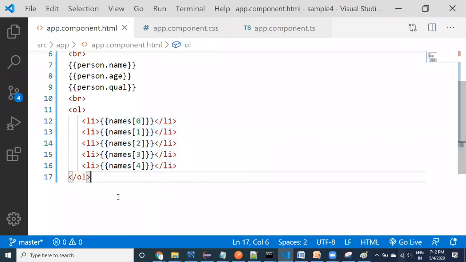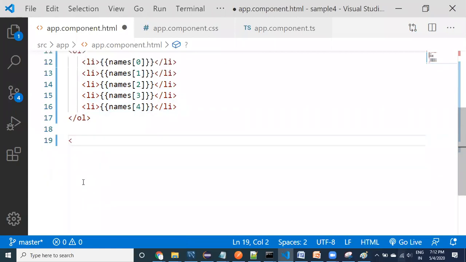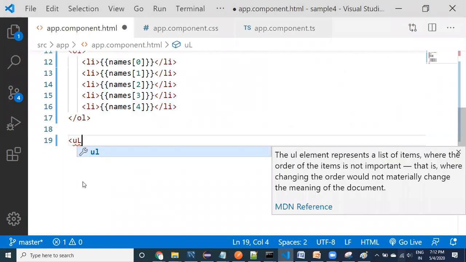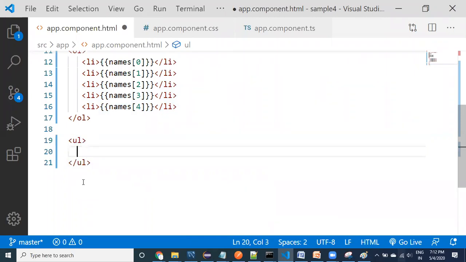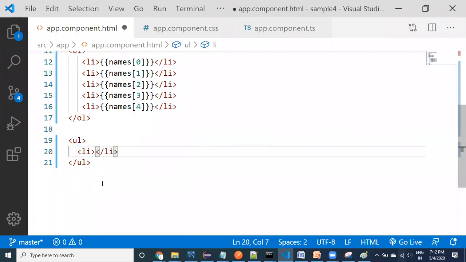One more thing, I want to print this array value with another approach. Like we have used an ordered list, I want to use an unordered list. You can go to ul, and within ul, a list item. This is an unordered list, this is an ordered list. Here, same thing, names of 0.